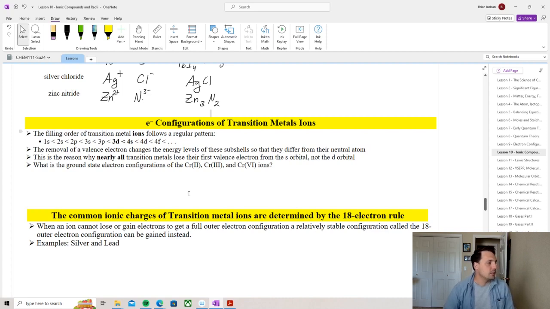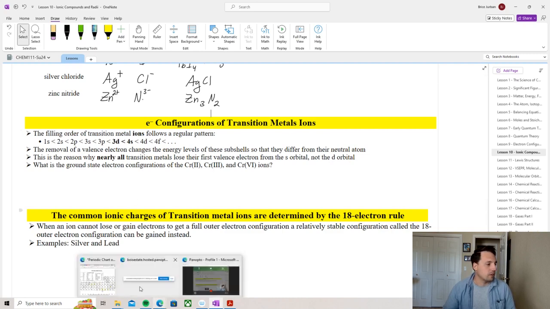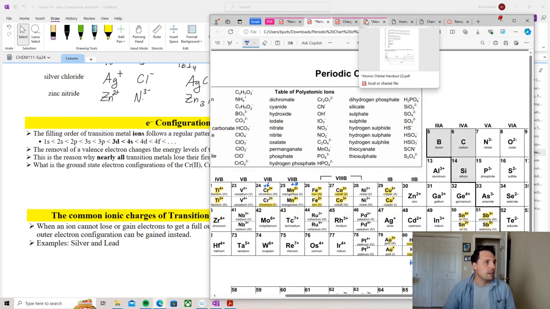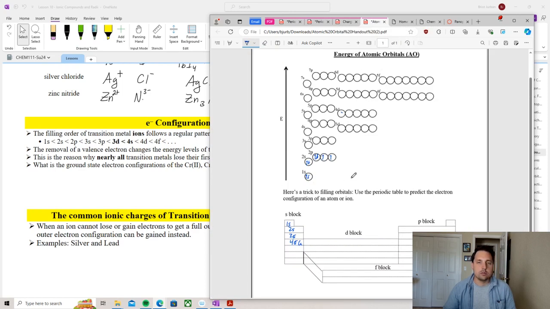What I'm going to talk about next is the electronic configurations of transition metal ions. And this contrasts a little bit with what we were learning earlier. So when I looked at the order in which the orbitals were filled, I told you that we fill 4s before 3d, before 4p, just as if we are looking at the periodic table and we're filling up the orbitals in the order that they appear. So 4s, 3d, 4p. However, when we go to,